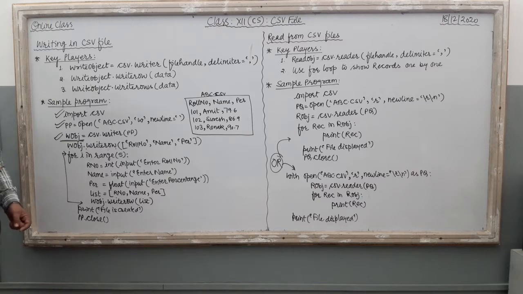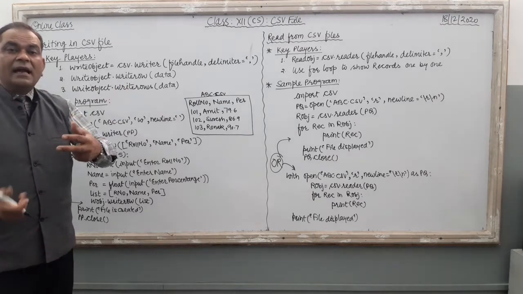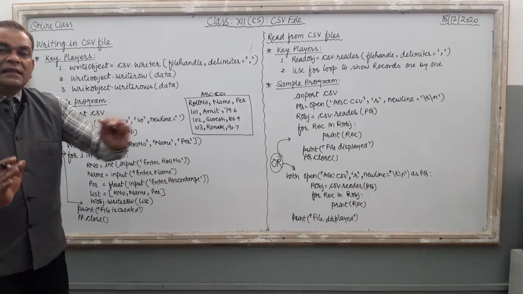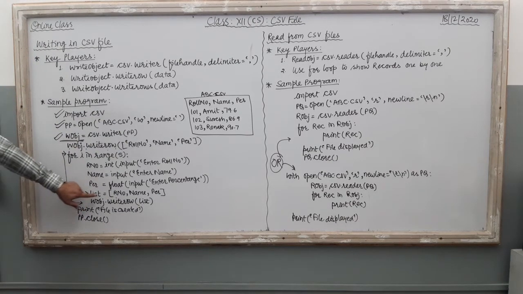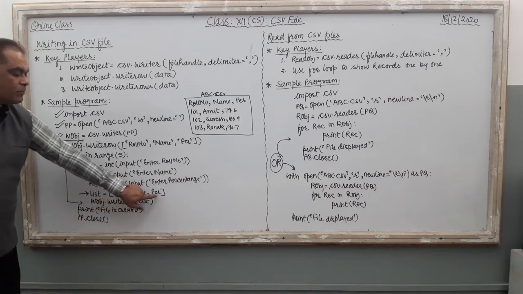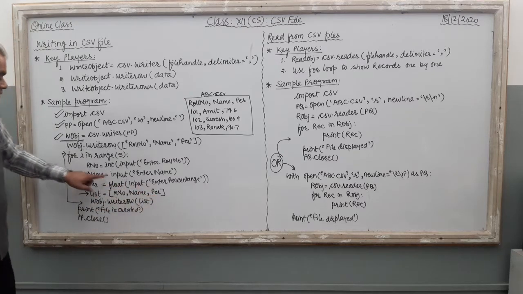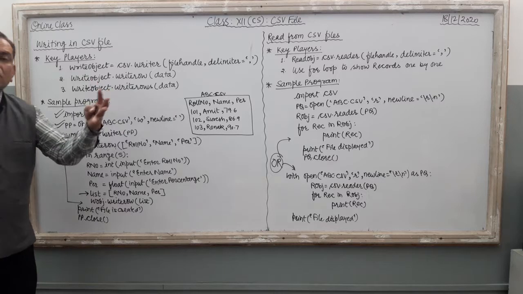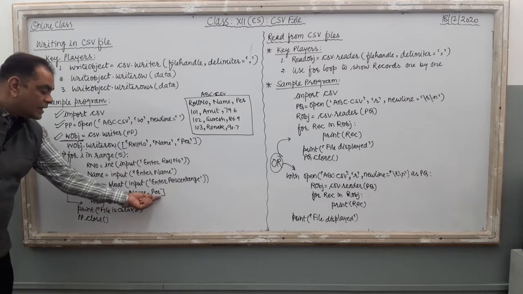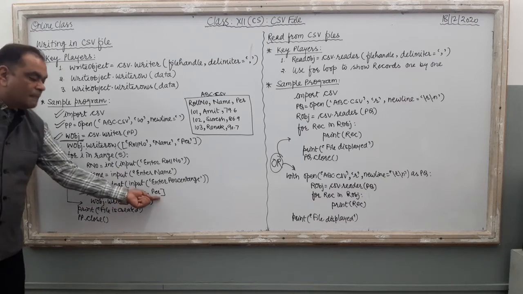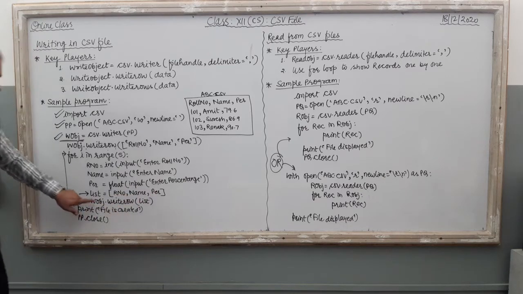Now your job is, with the entered data, you have to write the data inside the file. For that, what is the operation? Just create a list variable, list equal to rno, name, percentage, so that these 3 data are enclosed inside a list. Right? Just see the list, 3 data elements are there. First is roll number, then name, then percentage. Clear? Here the list variable is created.